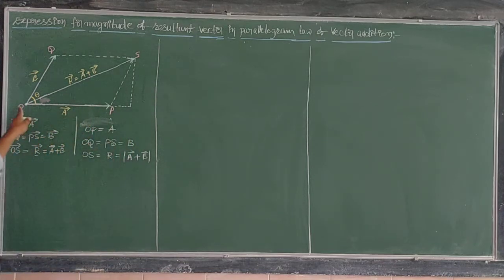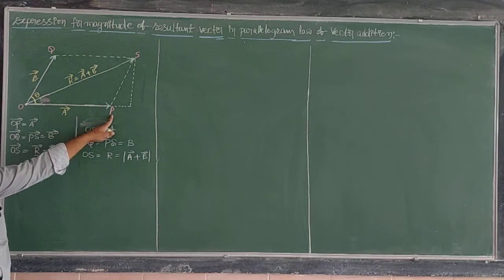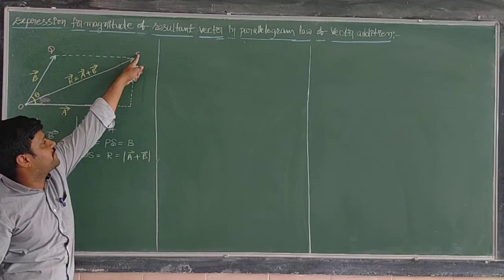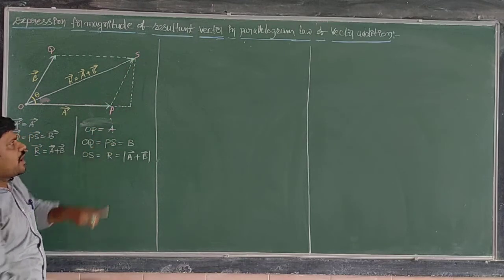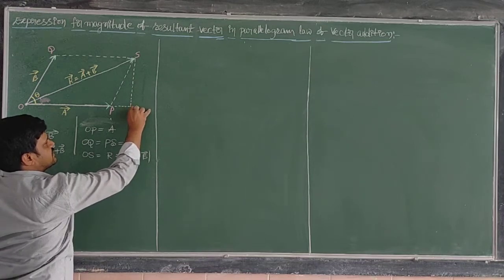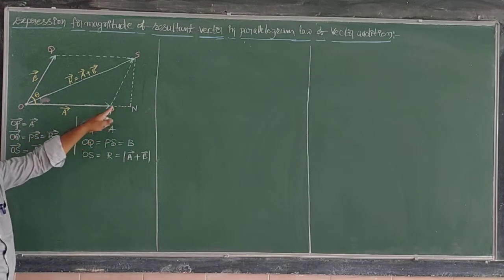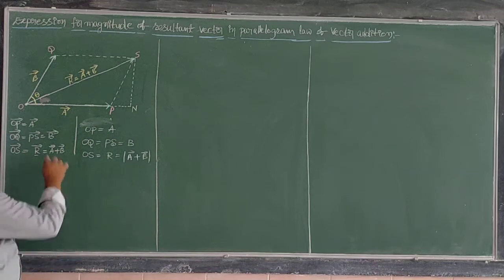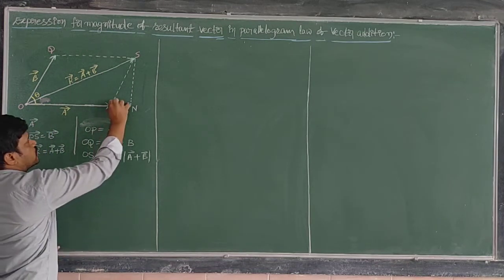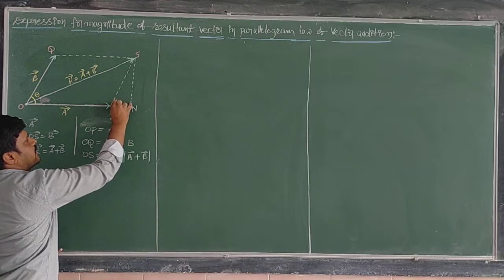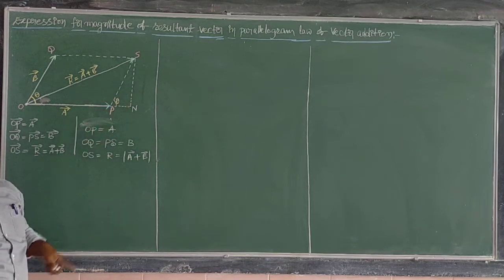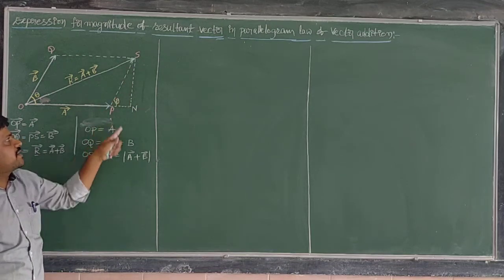See, by extending the OP line, I have drawn a perpendicular from S to the extended line. Up to where have I drawn? I have drawn up to N. Now, this is the horizontal line, this is the cross line. Here the angle between these two is theta, so here also the angle between these two I can take as theta. Now, by drawing these two dotted lines, PN and SN,